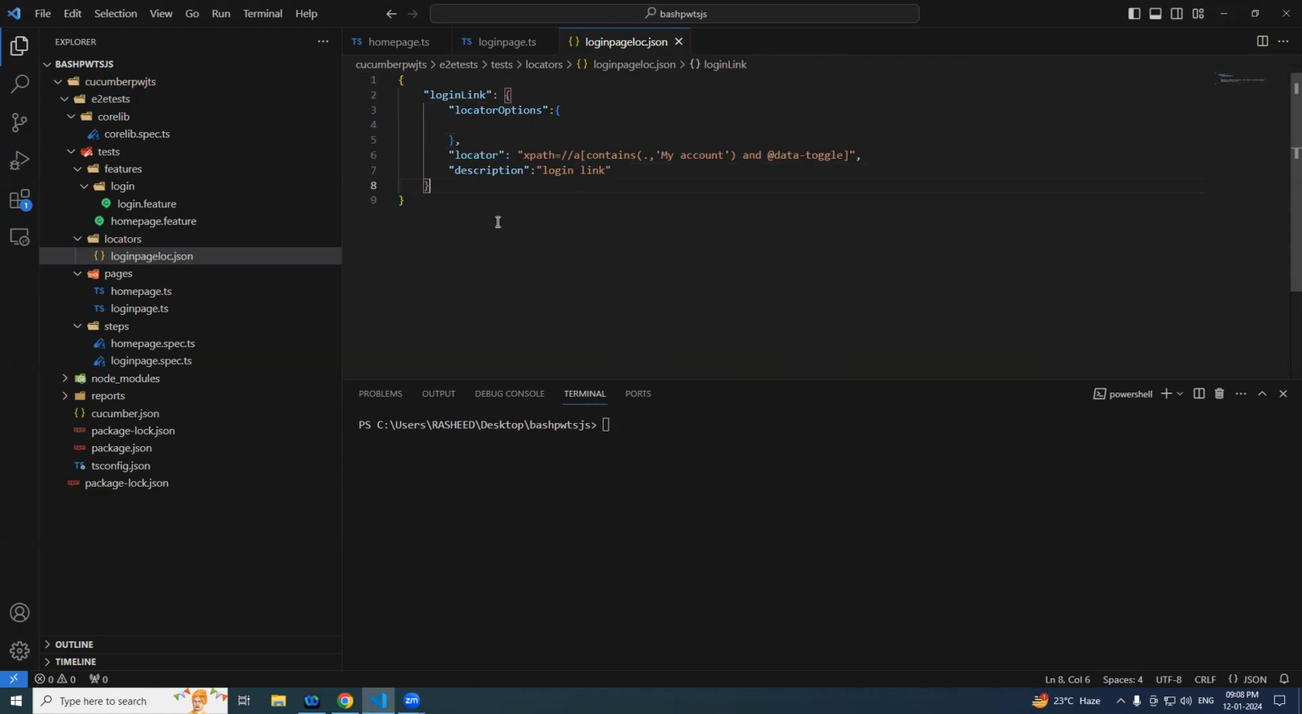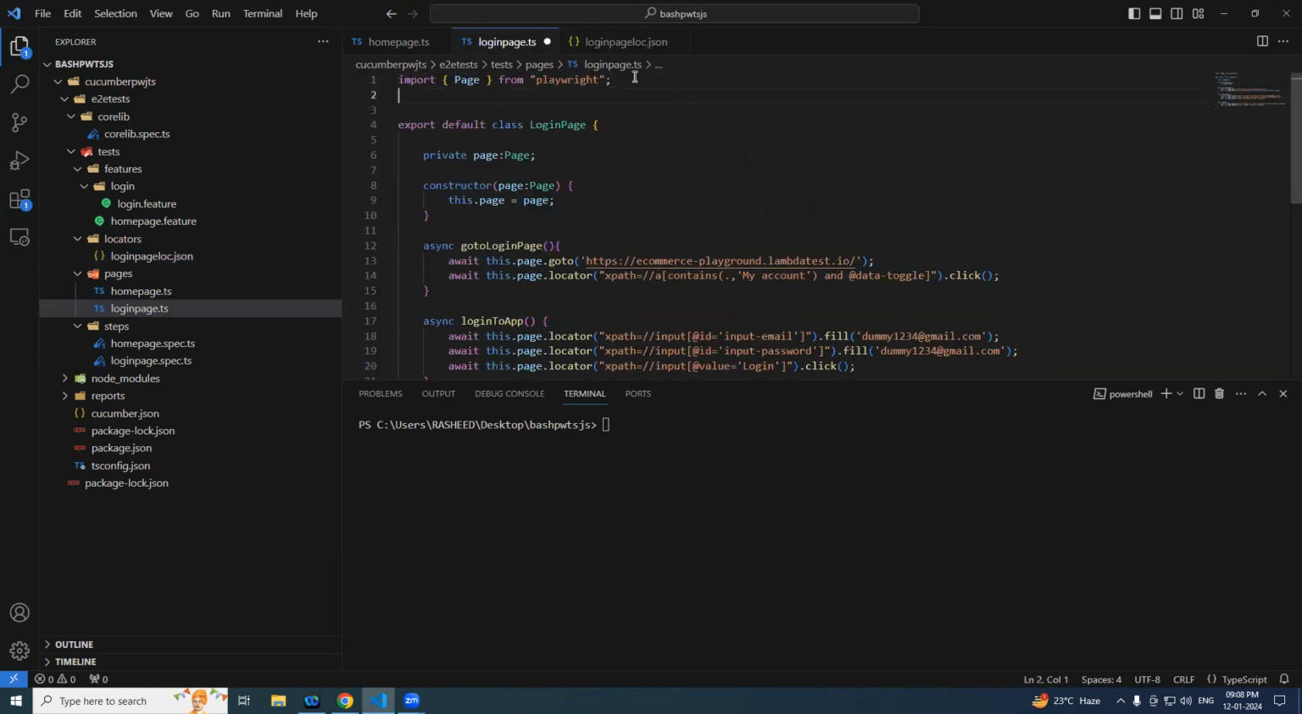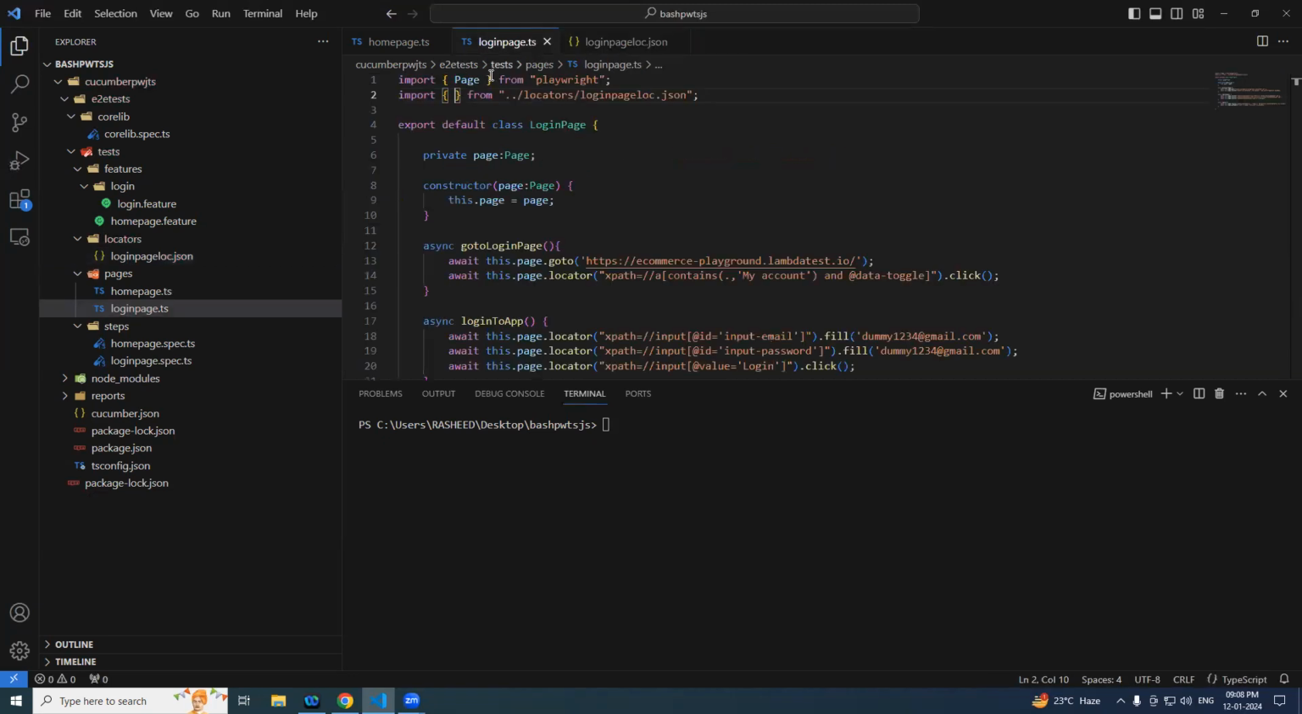Now we have to get this. In order to do that, here I will say import. Import statement. I will be importing from locators dot login with JSON. There may be hundreds of locators, so you cannot import one by one. So what you can say is